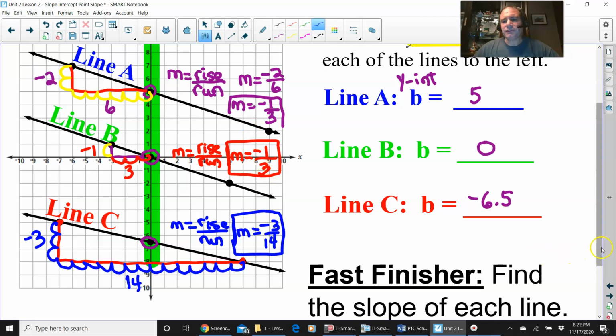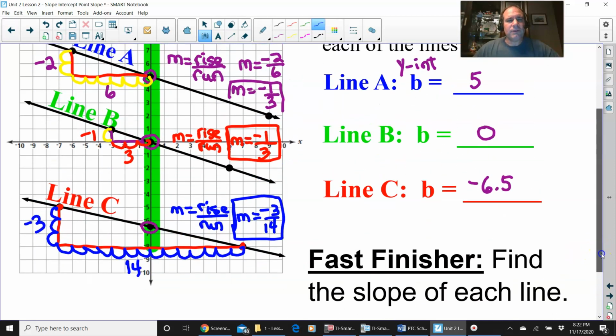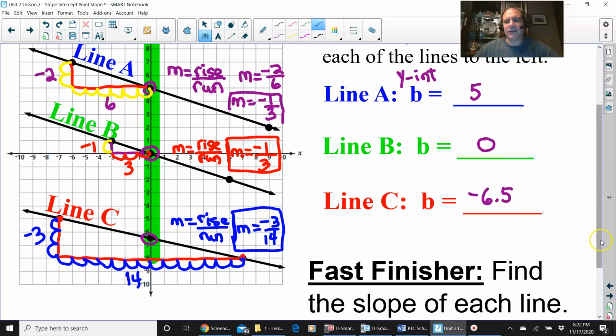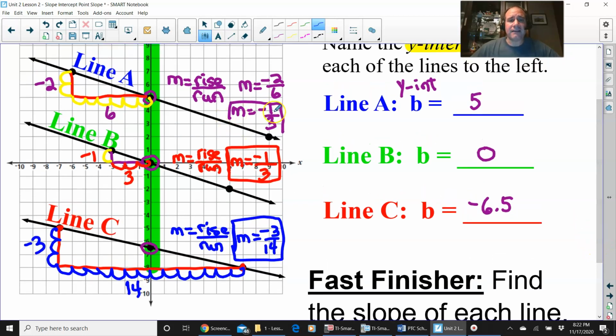It says find the slope of each line. We did. What do you notice about line A and line B besides that they have the same slope? This is what we want to find out here. If you have the same slope, what do you call those lines? Look at those lines. Yeah, they're parallel. So I'm going to put down parallel